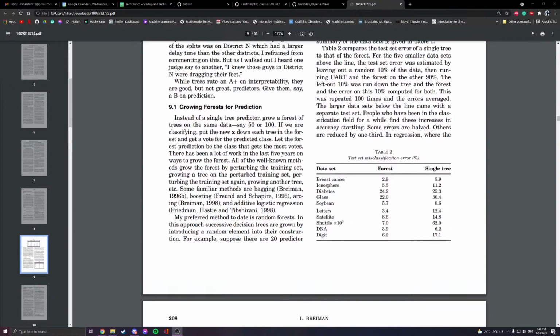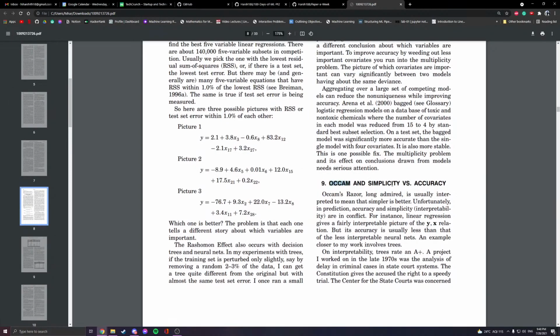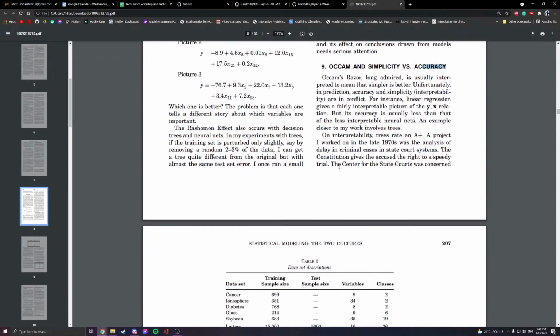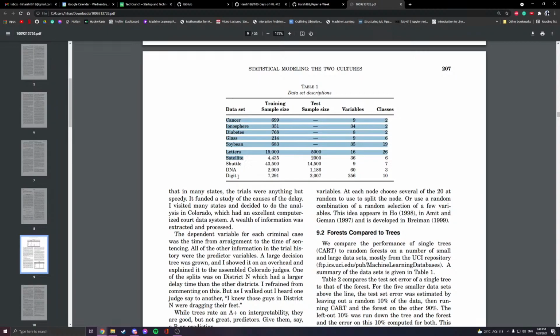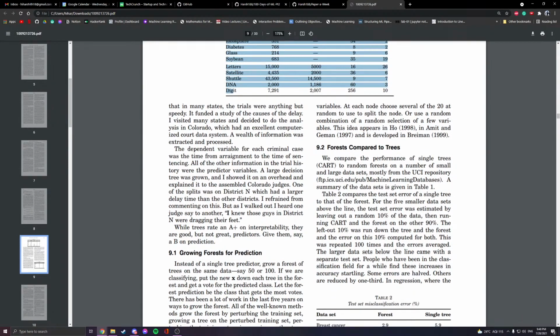Okay, so reviewing section 9, it starts off with Occam for simplicity and accuracy, through different metrics for comparing the three different variables of a model essentially, and then you're trying to optimize one over the other. So he starts off with an example in which he gathers, in one of his projects, a data set for some sort of judge jury type stuff where he's predicting the amount of time they usually wait between cases or something like that.